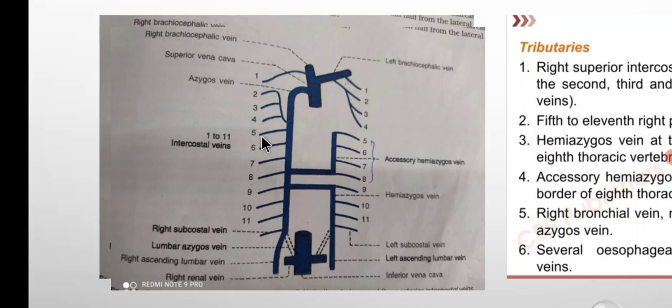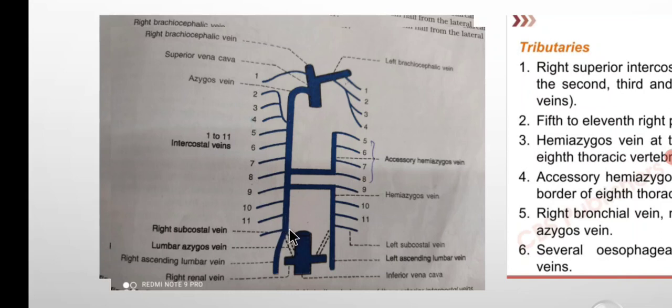While the 5th, 6th, 7th, 8th, 9th, 10th, 11th intercostal veins will directly drain into this azygous vein. Here you can see this directly drains into this azygous vein, while the right subcostal vein also directly drains